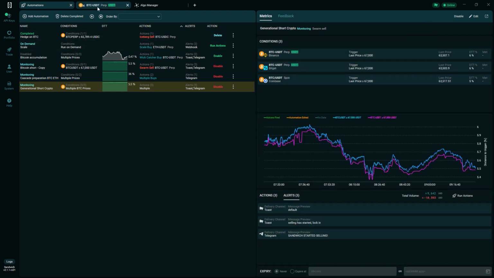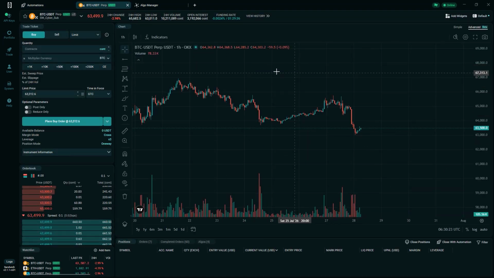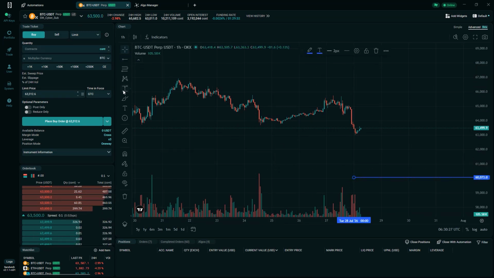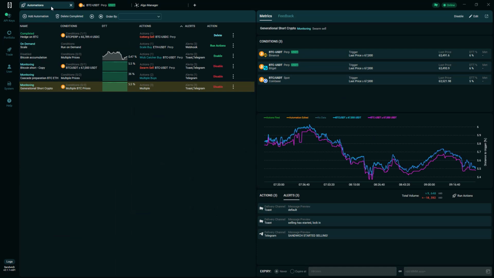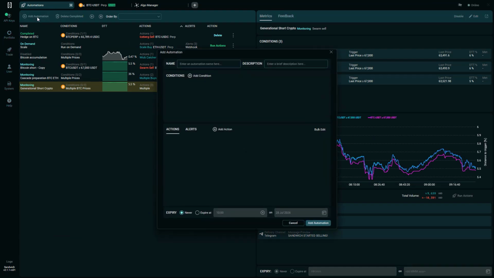Now let's create one. Bitcoin is currently trading above $60,000. Let's suppose you'd like to have an off-book buy limit order to be placed automatically if the market retraces slightly. Rather than watching the market yourself, we'll let an automation do the work for us. Select Add Automation. Give your automation a meaningful name such as BTC limit entry, and if you'd like, add a